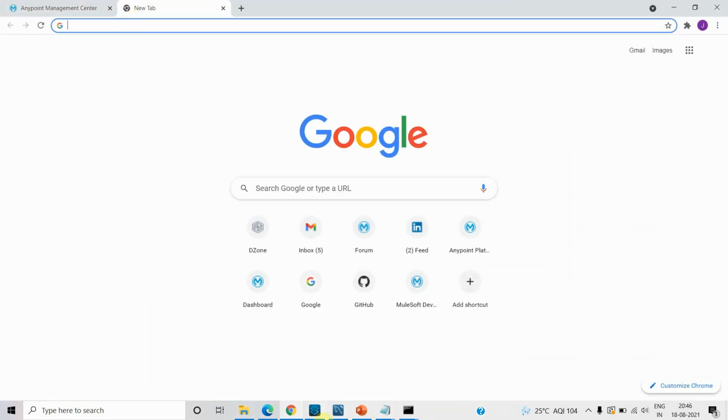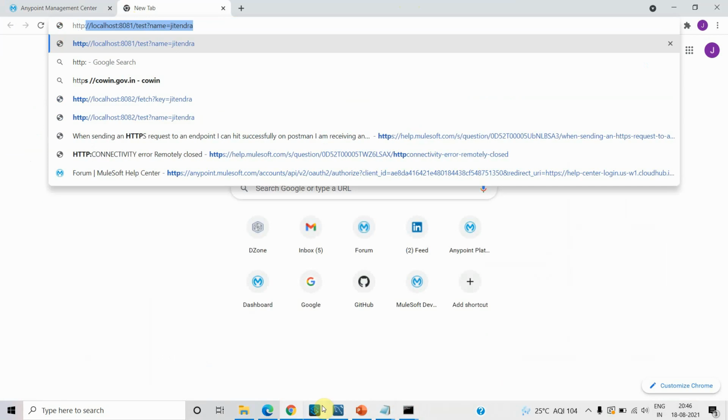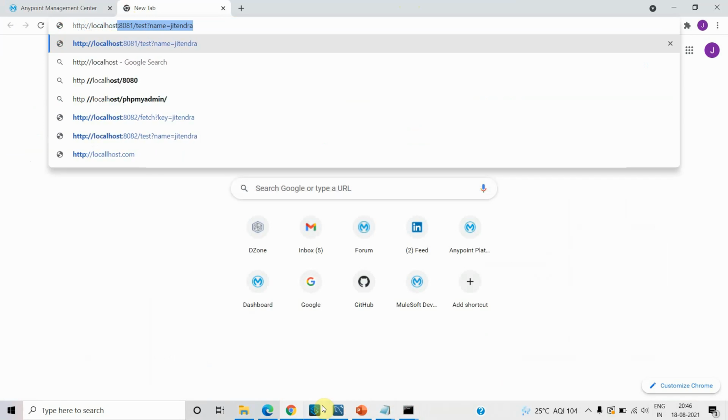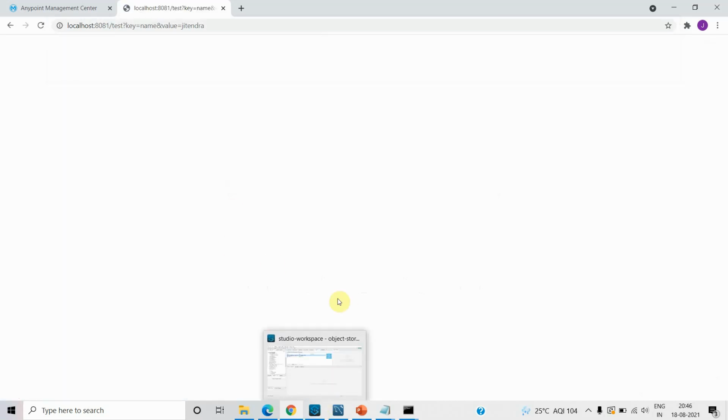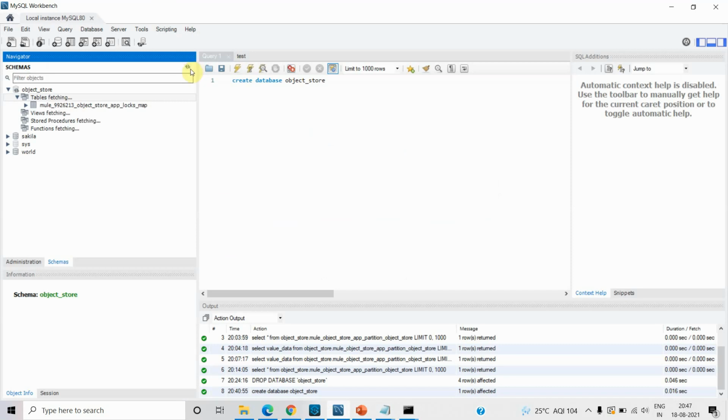So let me check HTTP localhost 8081. I can say test, and key equals name and value equals Jitendra. Let me check if it works. Okay, you can see it has worked successfully. Let me check, it should automatically create a table.